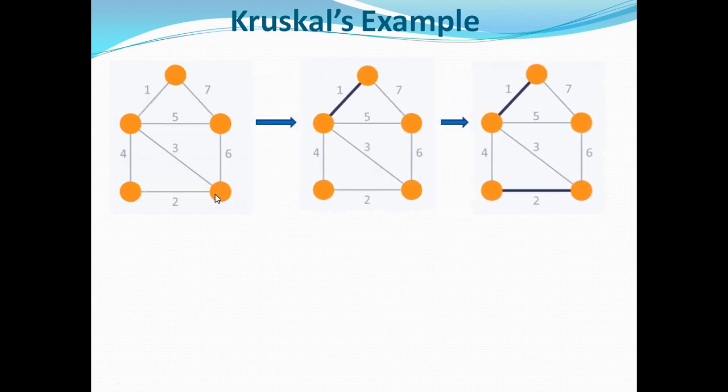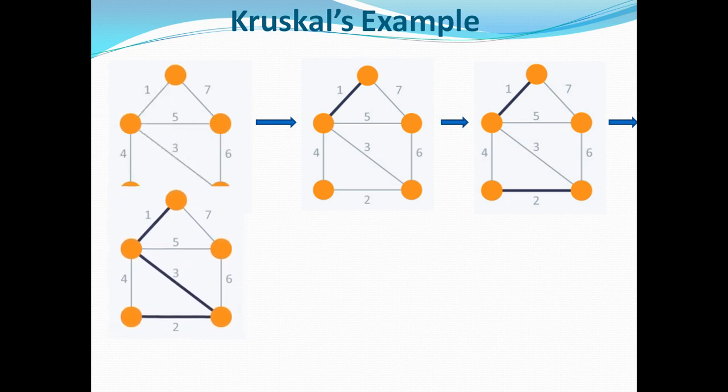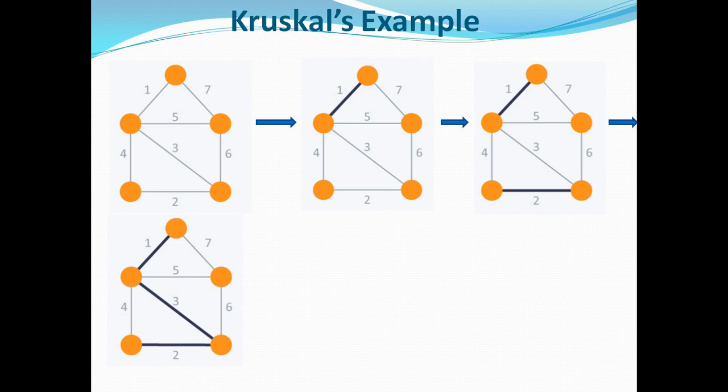Initially we consider all the nodes with no edges. So we can connect one by one in each iteration. Now in the third iteration, after 1 and 2, comes 3. So we connect this edge 3. Now the next number is what?